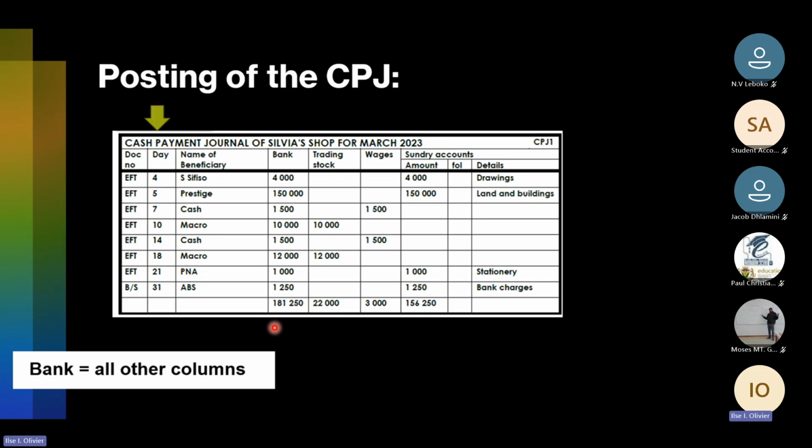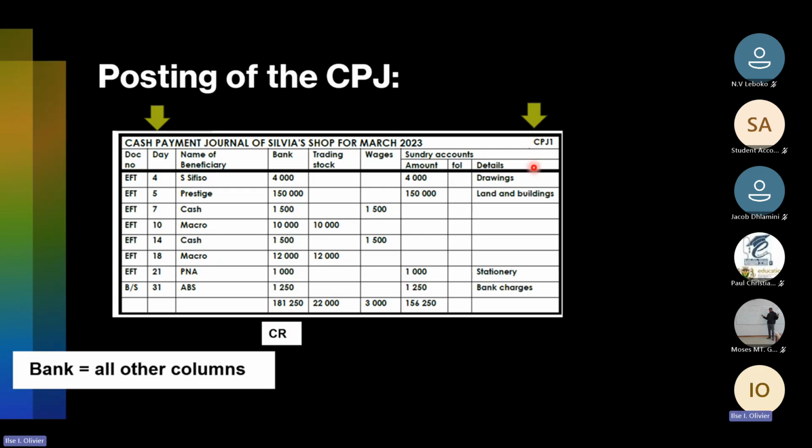Remember that when we look at our sundry accounts, the days are very important as well. When we post to the ledger, if we look at the columns, it will always be on the final day. But remember, because your sundry accounts don't happen so often, that you post them on that particular day, as well as your folio number. For instance, in this case, it is CPJ1.